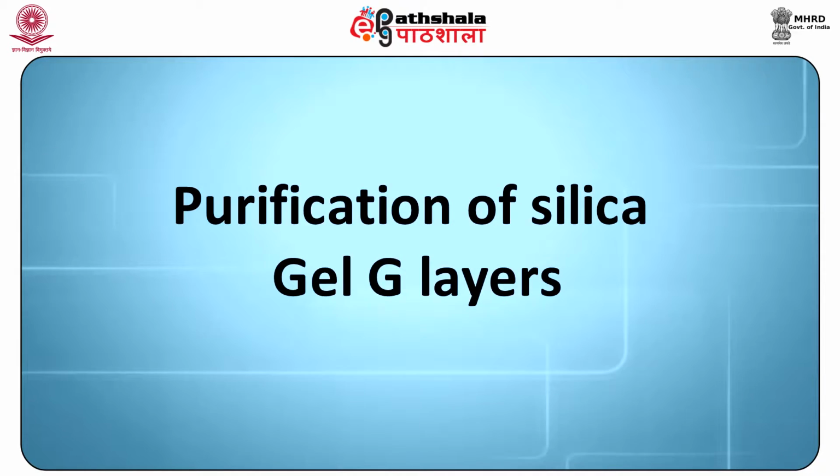Purification of silica gel G layers. Silica gel G contains iron as an impurity, which causes a considerable distortion of the chromatograms. Iron-free layers are obtained by giving the coated and air-dried plates a preliminary development with methanol and concentrated HCl. This leads the iron to migrate to the top level of the plate, and reactivation can be performed on the